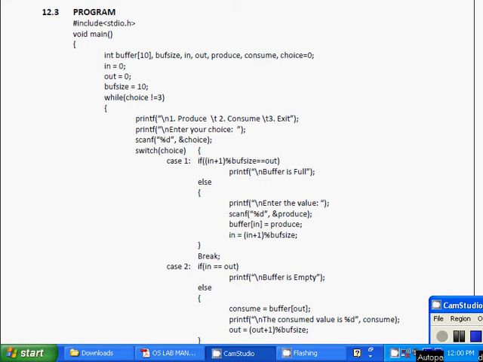To solve this problem, we need two counting semaphores, full and empty. Full keeps track of the number of items in the buffer at any given time, and empty keeps track of the number of unoccupied slots. When the producer produces an item, the value of empty is reduced by 1 because one slot will be filled now.